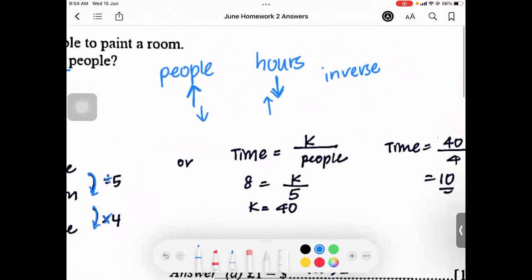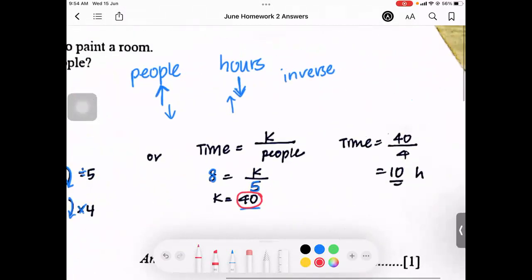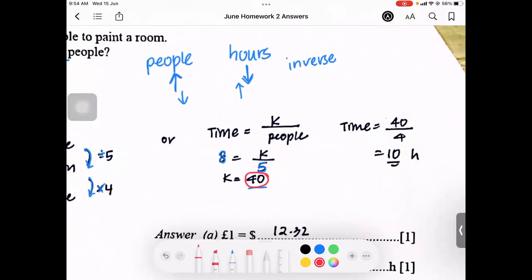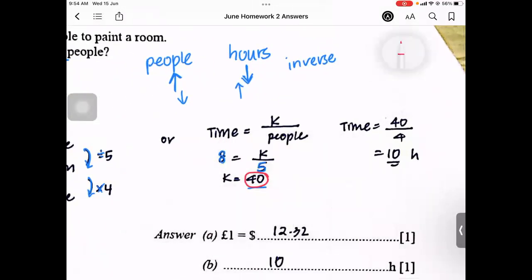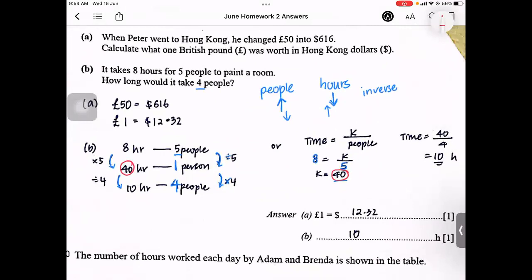Then I know that 8 hours for 5 persons. So I plug in 8 hours and 5 to find my K. You notice, my constant is also 40. So you still find the constant both ways. Then plug back the 40 and now they give me 4 people. So the answer will be 10 hours. Okay, so for this type of question, either you prefer the algebra method or you can use a proportion method